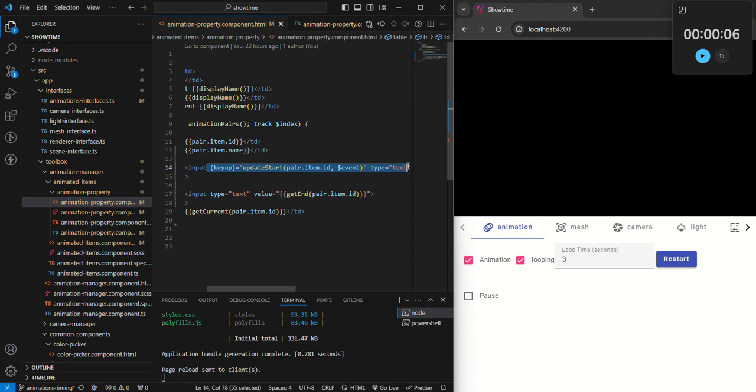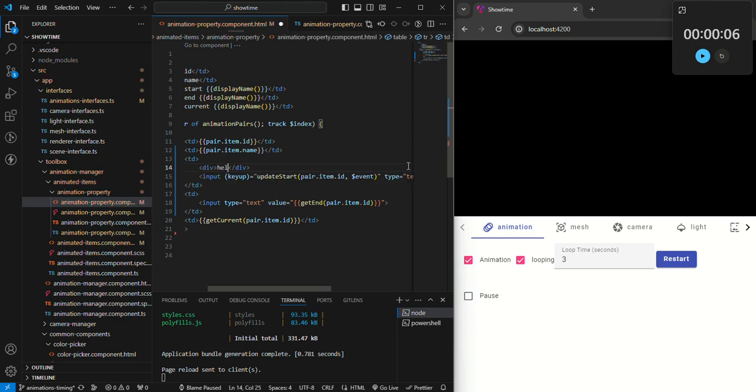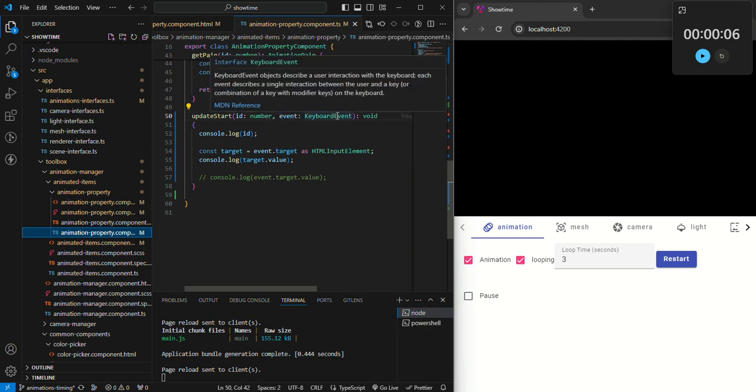Like, I believe I could create a div, let's say div, and then hello, and I believe I could go like this, and then we'll just see. Yeah, see, I could do that, but this would not have a value, and the compiler doesn't catch it at this point that, hey, you're passing in an event, because the compiler doesn't, I'm pretty sure, because it would have failed. The compiler doesn't go look in this code and say, hey, you're trying to get something that has an HTML input element. So it would be kind of nice if this was keyboard